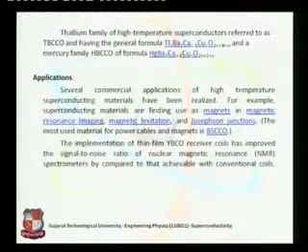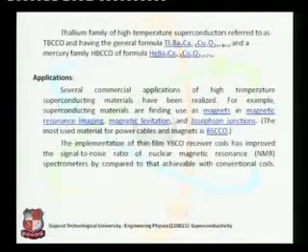We can say applications of high temperature superconductor. If it is asked along with the high temperature superconductor, we can say concept. So we talked about a high temperature superconductor. A short note you can write from there, and you need to start with the introduction to the different examples, and then you will reach the application part.